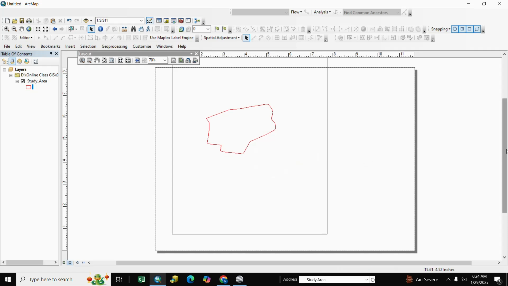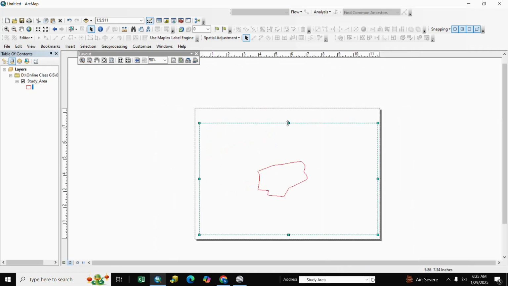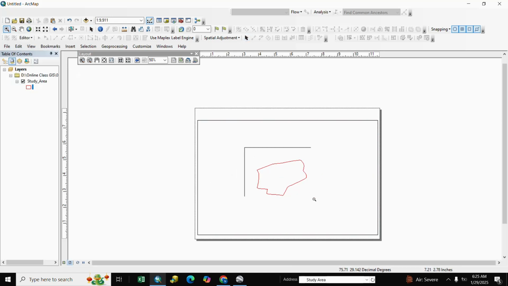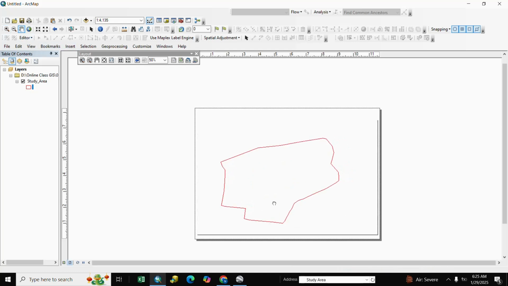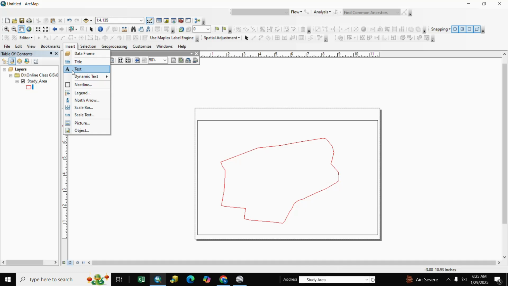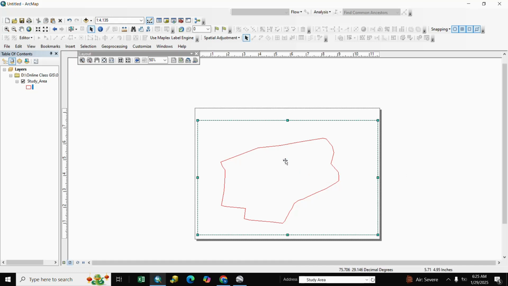Here is our landscape page setup, and we write here the title and other items. You can also resize, zoom in and zoom out. We go to insert for title, and we go to text. Here is our text.